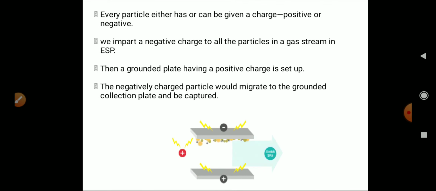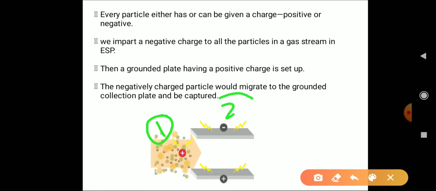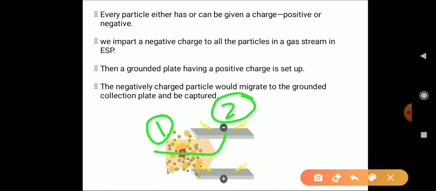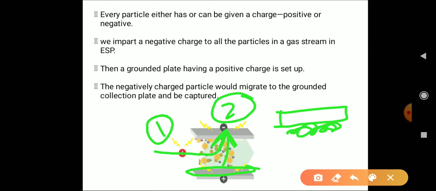See this. The plate having plus charge will attract the particles, and the other plate will repel them. This plate will have lots of deposition over it,